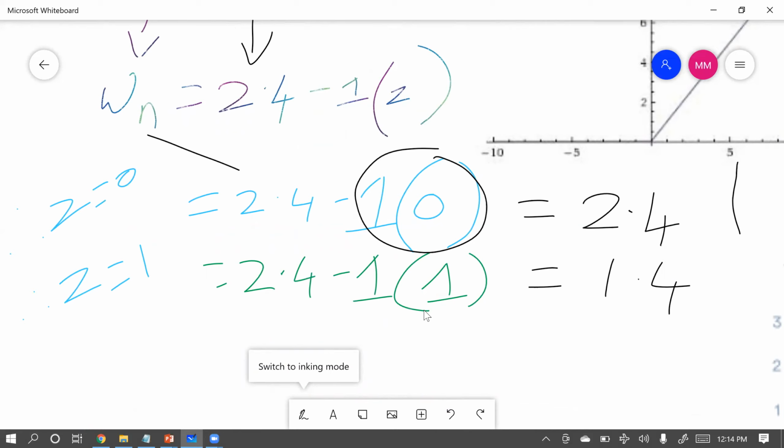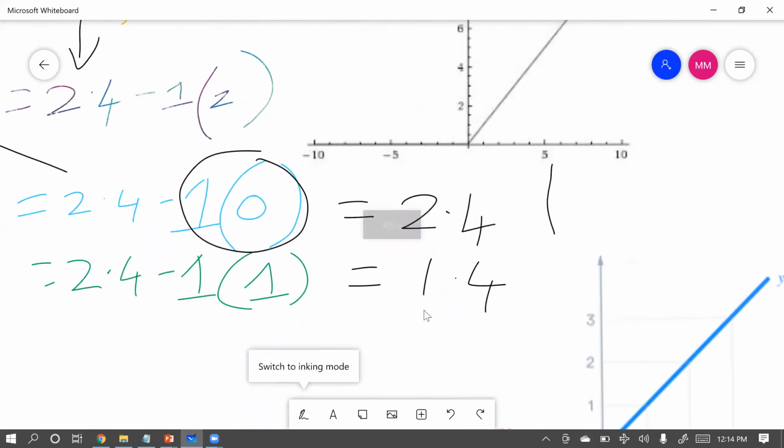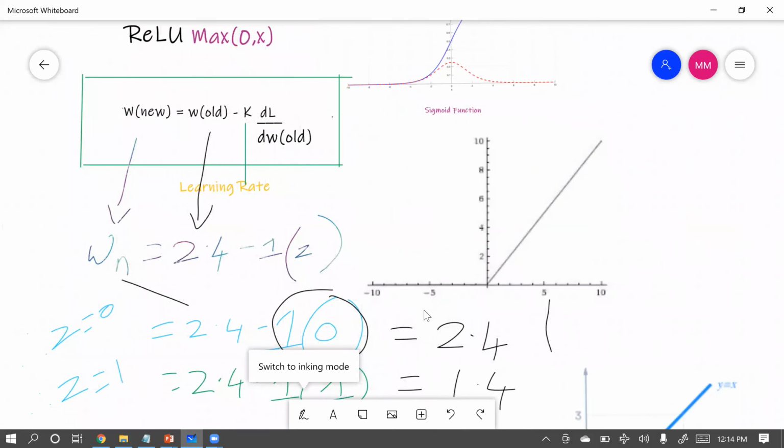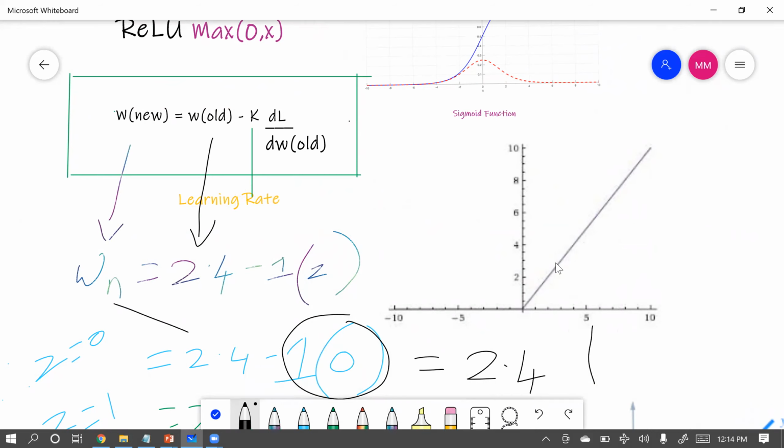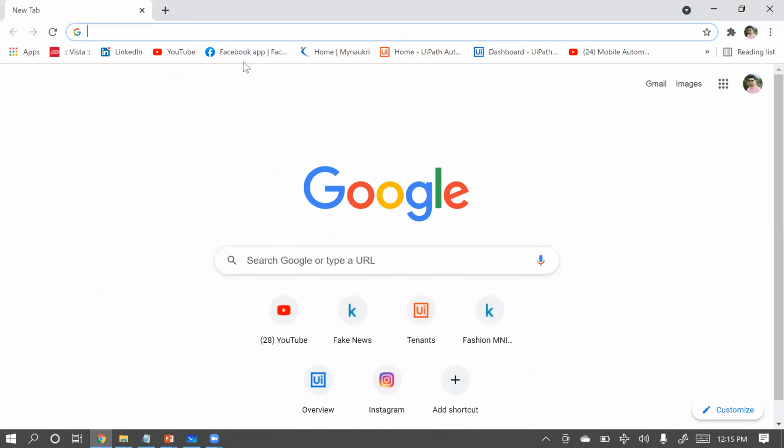Okay, now let's see this in a graph. Here is our graph, right? When our z value is 0, our graph will be in the 0th position. When our z value is greater than 0, then it will be going in this position, correct? So I can say this graph is at 45 degrees. You know how? Our z value is 1, nothing but our derivative value is 1. What is the value of tan h? We'll go and see here.